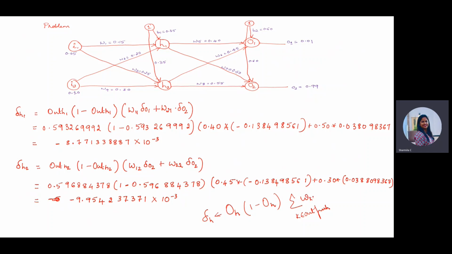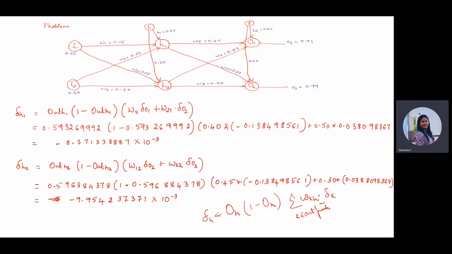Take the weight associated between these two nodes, multiplied by delta K. So what is delta K? The error term at the nodes O1 and O2. Using this formula, we need to find the error term here. There is a summation, which means we apply this for both output units present at the output layer. So the error term at the hidden layer unit H1 equals